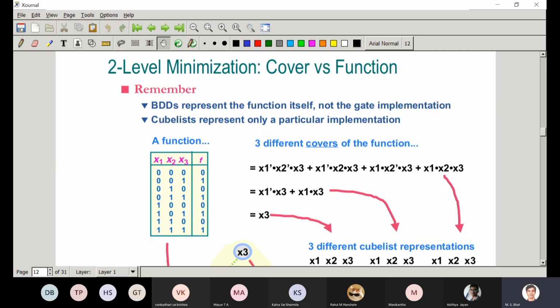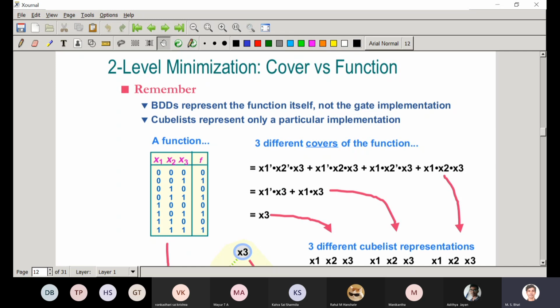Now that is denoted here. 0, 0, 1 implies, so this second row, x1 dash, x2 dash, x3. Then you have 0, 1, 1, which is x1 dash, x2, x3. Then you have 1, 0, 1, x1, x2 dash, x3, and the last row 1, 1, 1, that is x1, x2, x3. This is one cover.